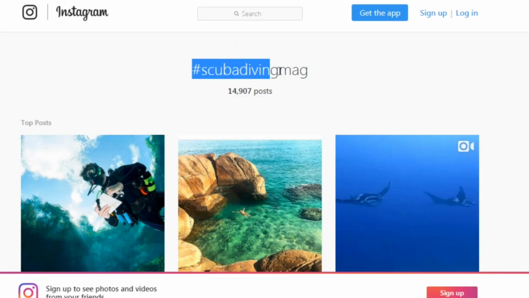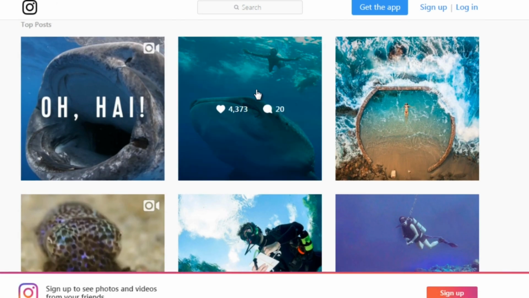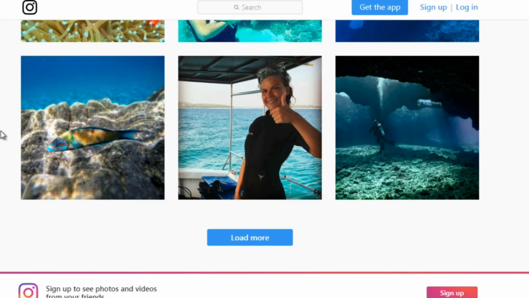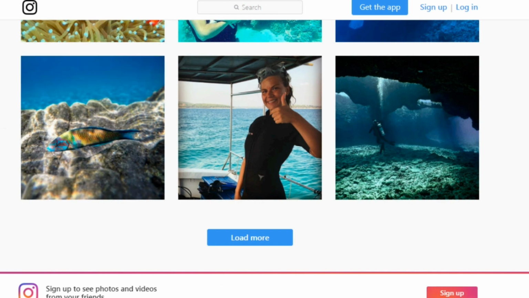So you can include something like scuba diving right here and see how many posts it gets. There's 2,000 posts, which does mean that as you post things, they can get stuck down below, but at the same time, more saturation is actually a good thing, because more saturation means that there are a large amount of people actually looking for these posts. So the more you post, you can get more traffic back to your Instagram profile. Using hashtagify.me allows you to gauge what kind of hashtags you can use, and of course you can verify that via Instagram.